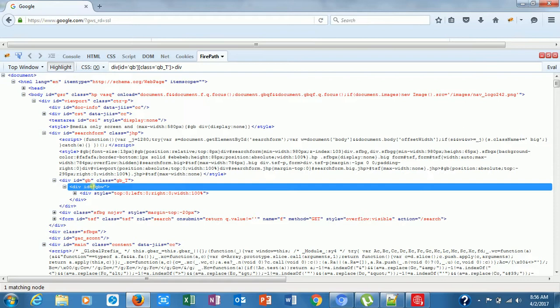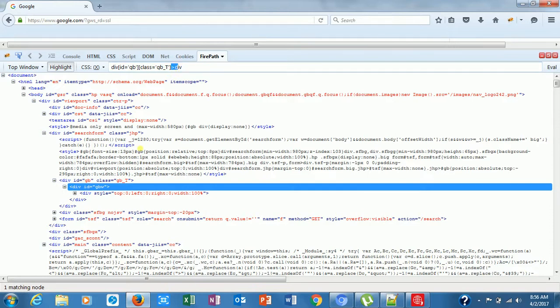As soon as you give div, it is getting identified. There is a chance that it is enough to give only the tag name. If you are able to identify that element uniquely, even if you don't give the attribute value, it gets identified